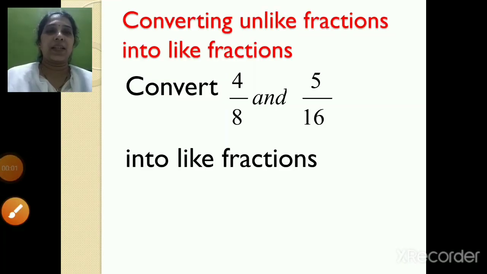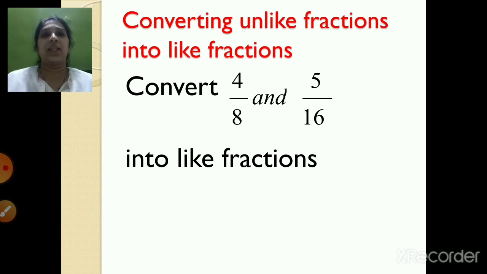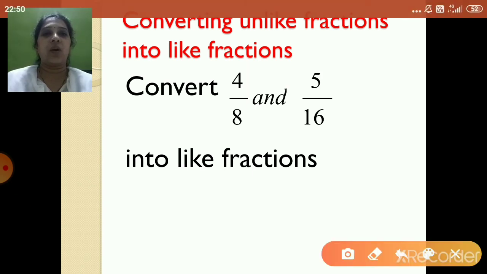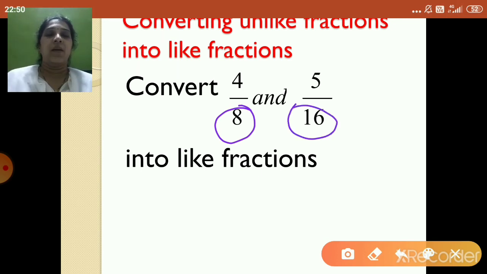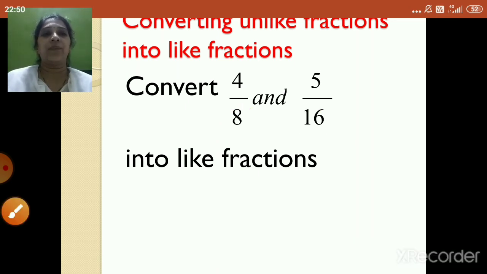Let's take another example. Convert 4 upon 8 and 5 upon 16 into like fractions. You can see, children, again the denominators are different. Here it is 8, and for 5 upon 16, the denominator is 16. But you can see that the denominator 16 and the other denominator, 8: if you divide 16 by 8, you get the answer 2. So what we will do, we need not